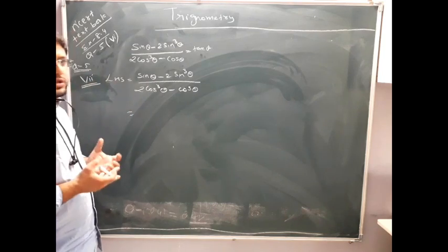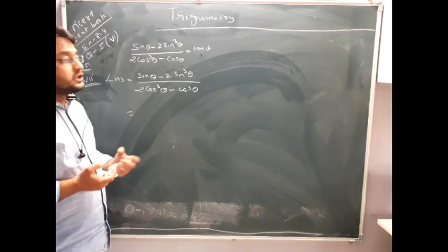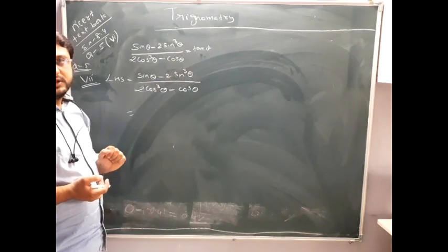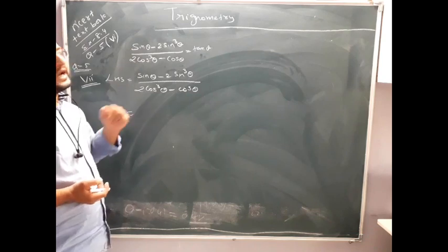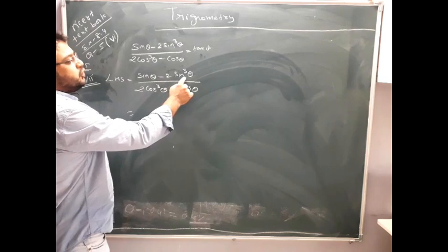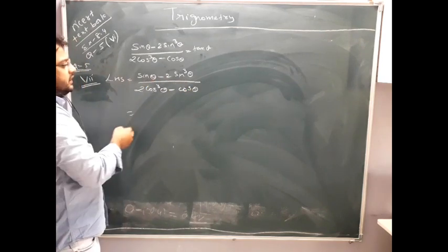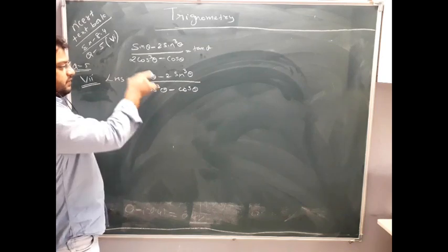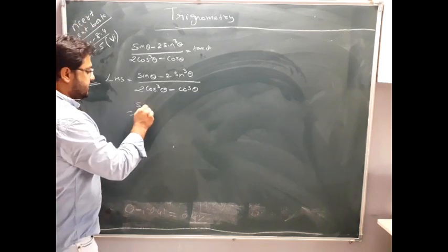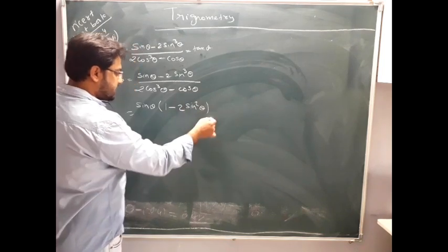So the step, see, most of the students will commit a mistake, or they are having one problem. The problem is how to start. Just see the RHS part. The RHS here is tan theta. So one formula for tan theta in terms of sin and cos is sin theta by cos theta. So here it is sin theta and here it is sin cube theta. Here it is cos cube theta, here it is cos theta. So if I take sin theta common here and cos theta common here, sin theta and cos theta will come in division. And sin theta by cos theta is nothing but what? Tan theta. Clear?